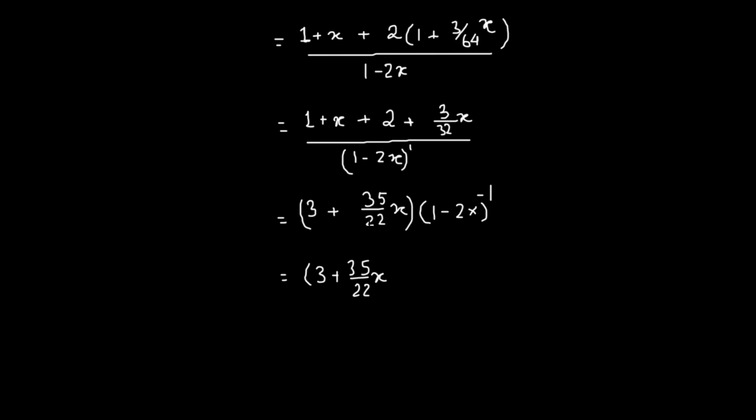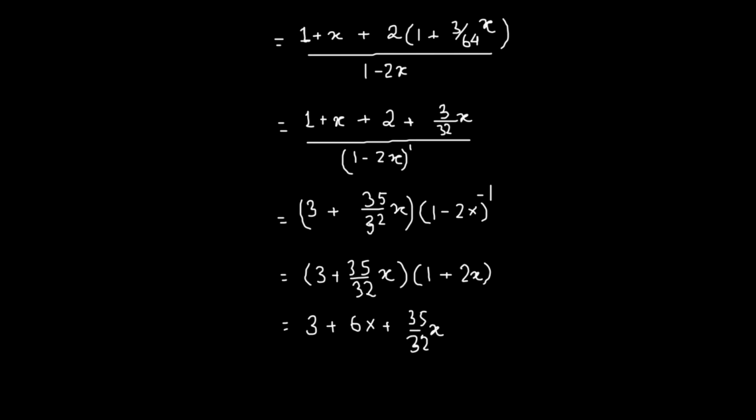It's 32, my bad. So this is 32 times x, and then we apply the binomial approximation, so this will be -1 times -2x, which will be positive 2x. Then we finally distribute, so this should give us 3 times 1, plus 3 times twice x is 6x, plus 35 over 32 times x,